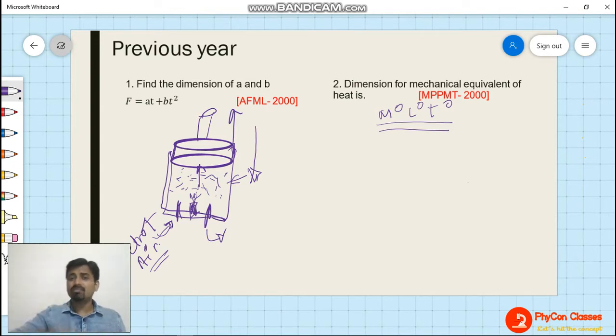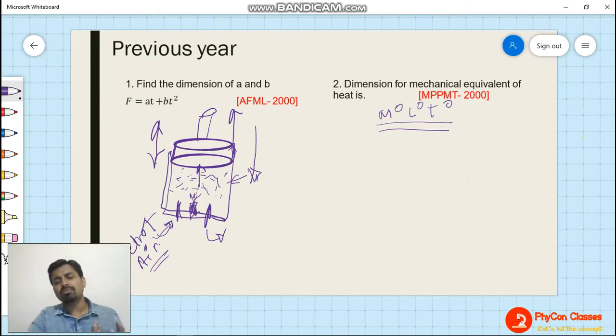When this piston is moving up and down, what is actually happening? The heat energy of petrol is a chemical, right? When a chemical is burned, heat is produced. Now this heat energy is used to produce some kind of work on the piston. Clear? The heat energy that is there in the petrol is being used to convert it into work, as the motion of the piston. So when this piston is moving in upward and downward direction, work is being done.